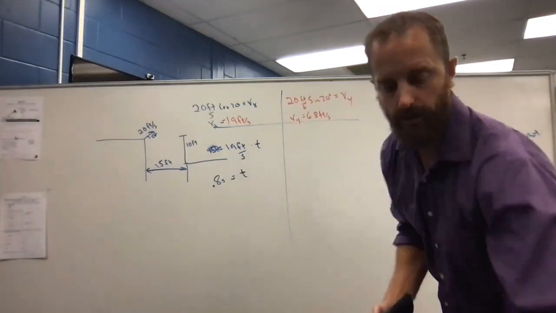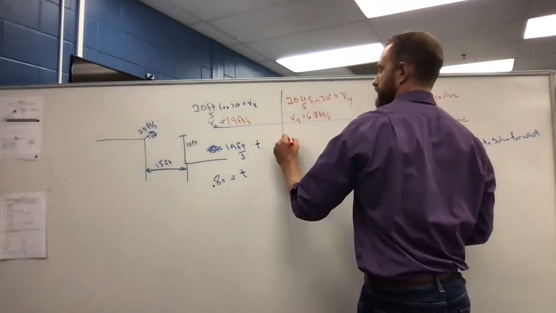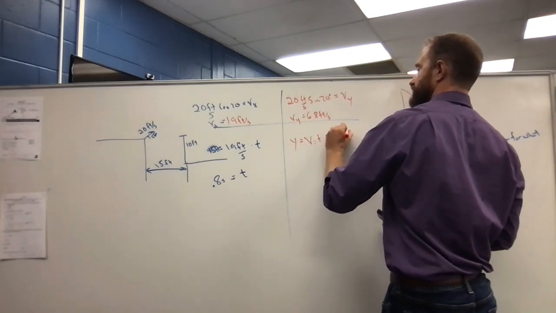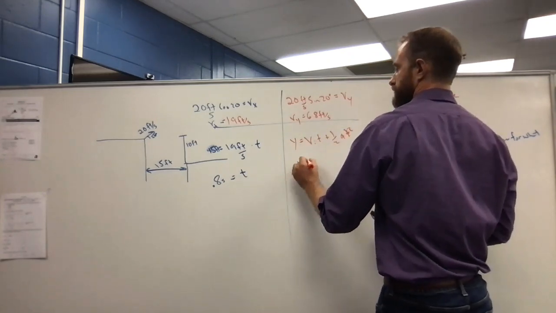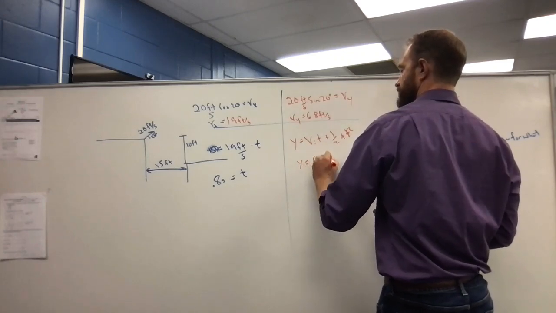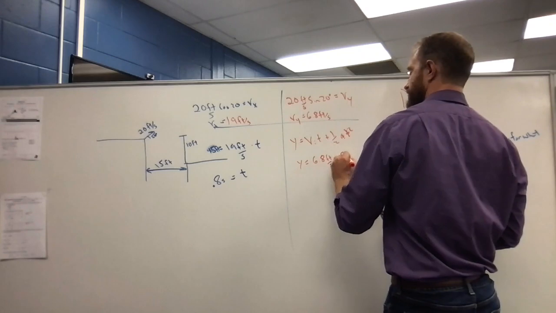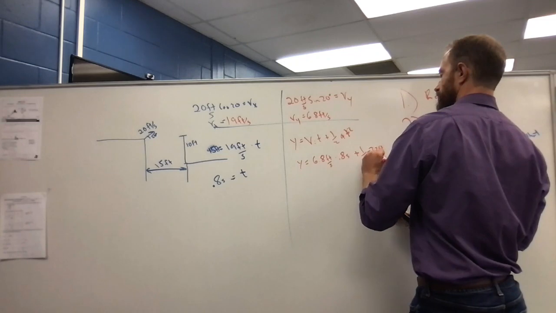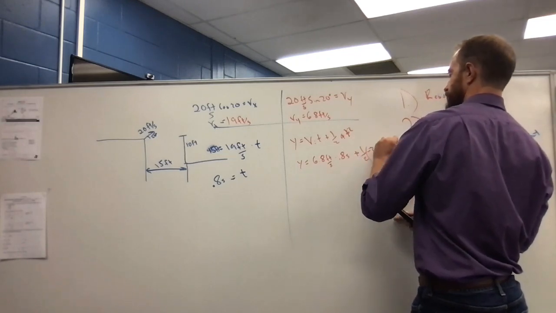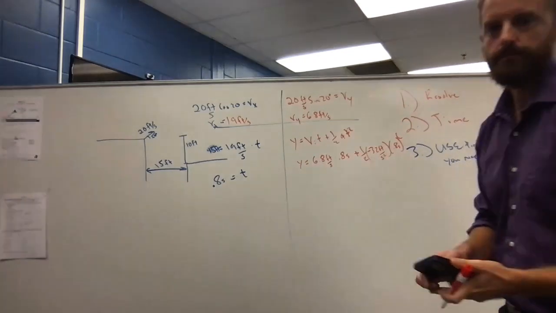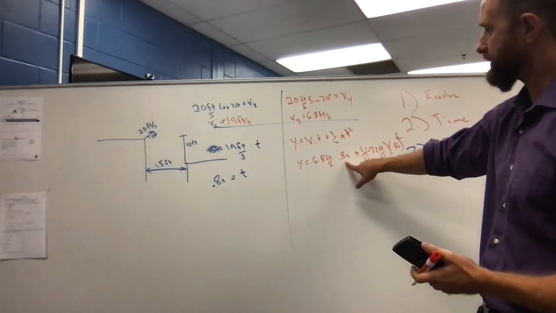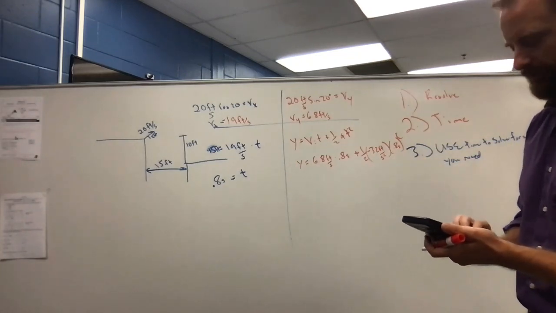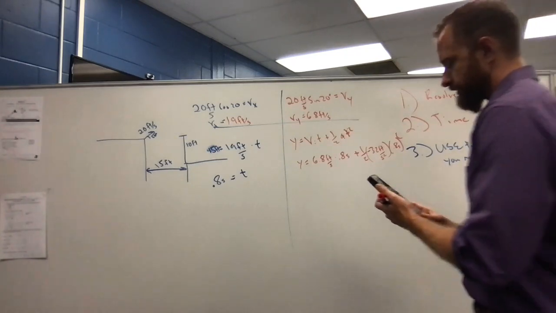So all we have to do is plug that time in and say, well, what's our y height if our initial velocity times time plus 1/2 at squared? So we say, well, his initial velocity was 6.8 feet per second times 0.8 seconds plus what gravity does to us times that time squared. So it says 6.8 feet per second times 0.8 seconds plus 1/2 of negative 32 times 0.8. Right, so that's going to tell us how far we go. So 6.8 times 0.8 tells us,